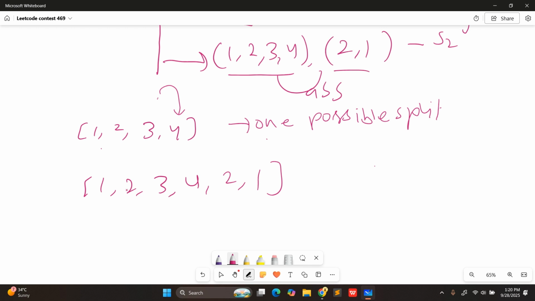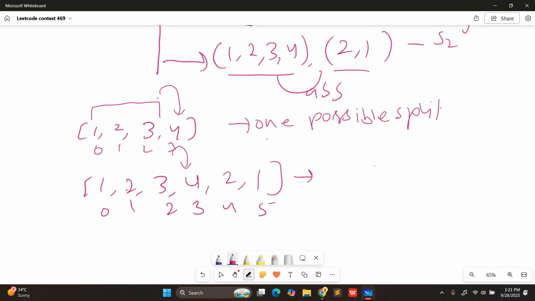One possible split: if I found my peak somewhere in the middle, then there are two possibilities. What are the two possibilities? 0 1 2 3 4 5 are the indexes. We don't need to consider the case where you found the peak at the n minus 1th index, because we'll simply return the sum of these minus this,